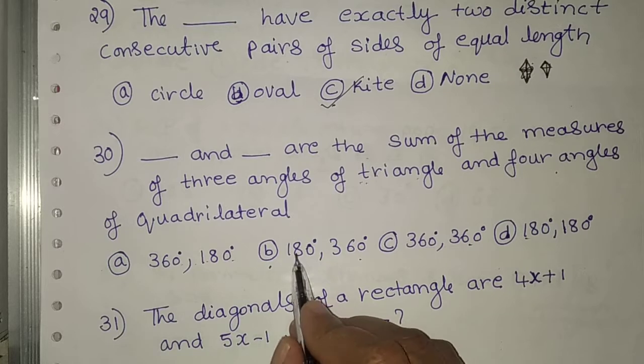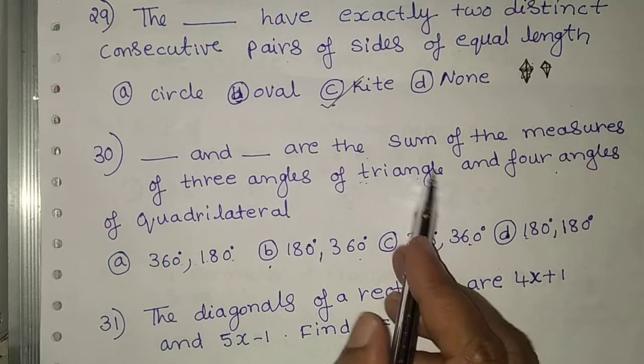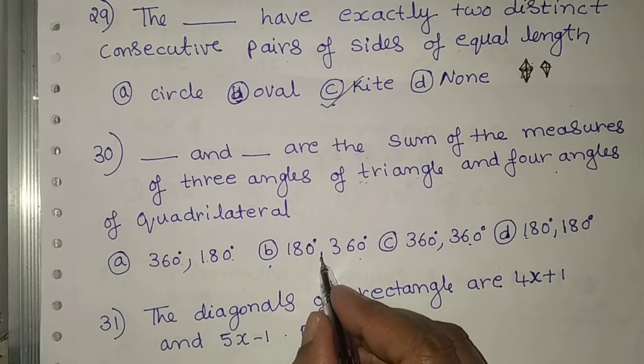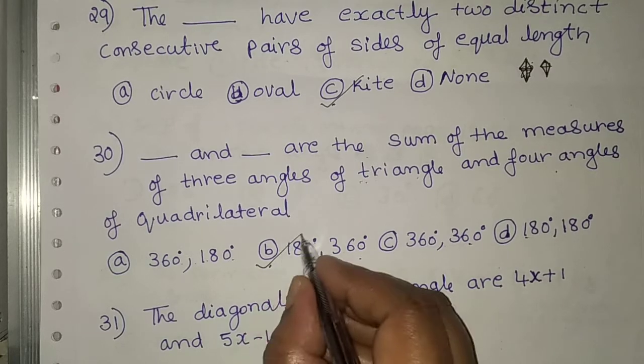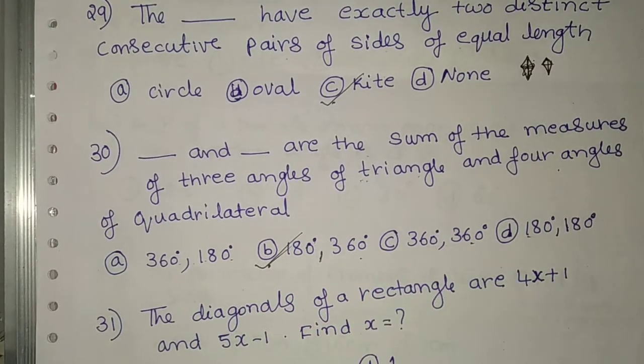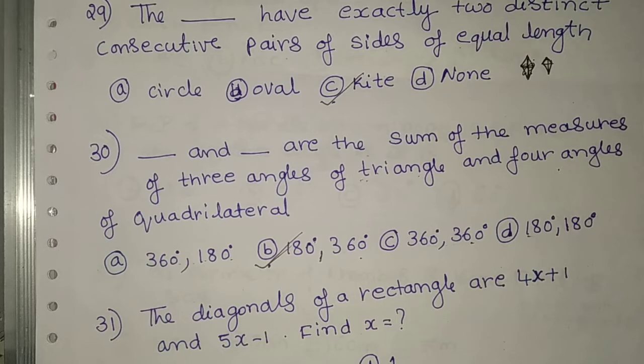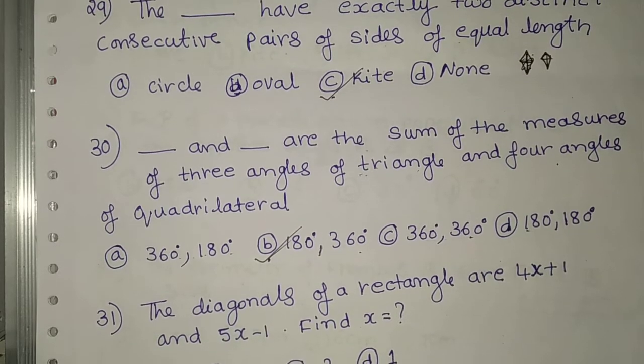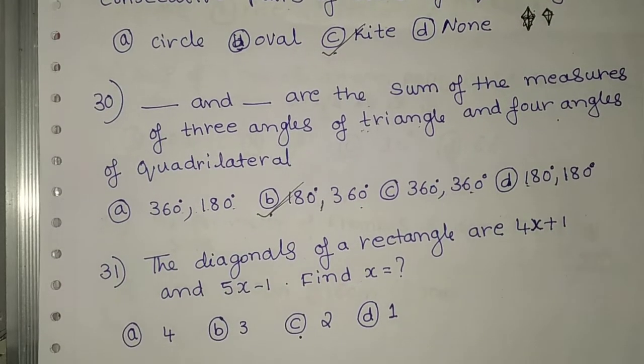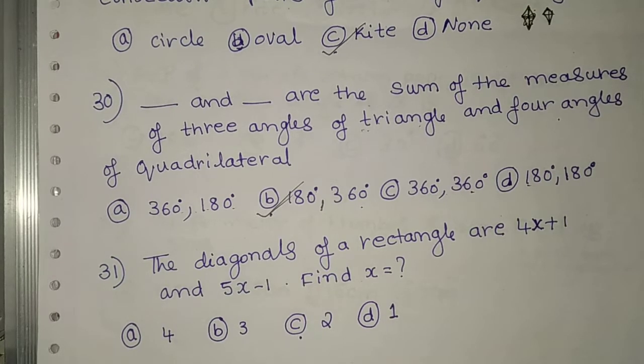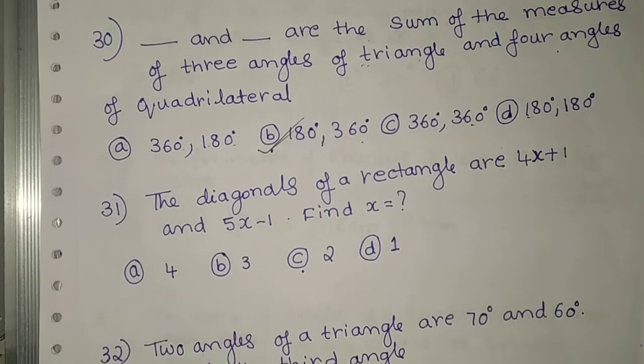So make a practice to learn everything. So this is the correct option. That is, 180 is the sum of the measures of the angles of a triangle and 360 is the sum of the measures of the 4 angles of a quadrilateral. So this is the correct answer. Now